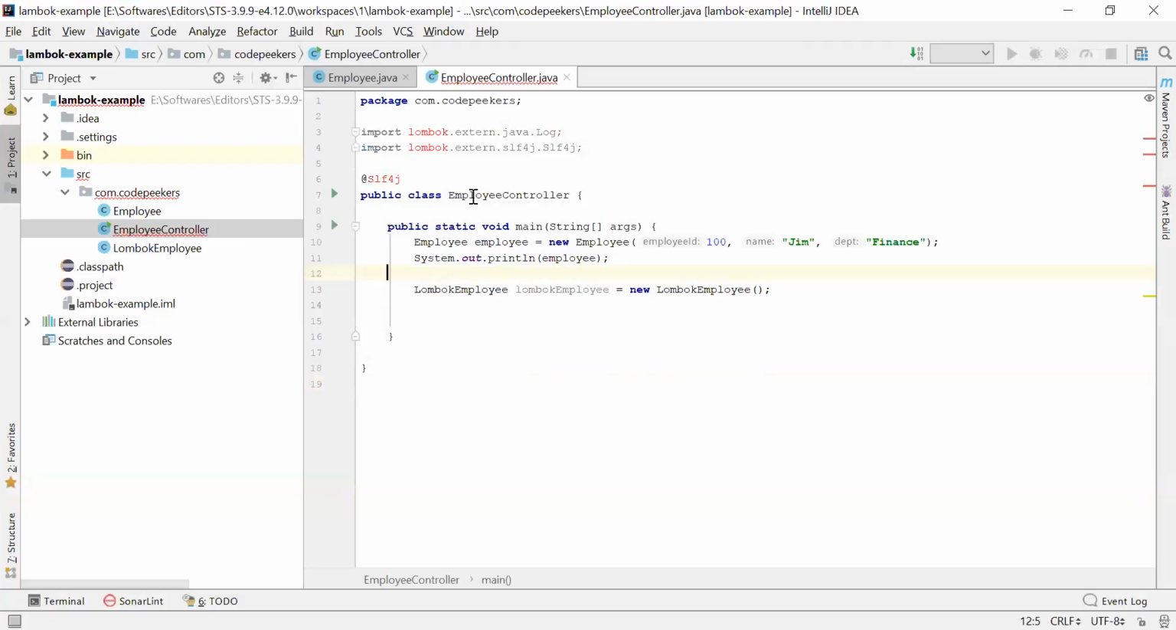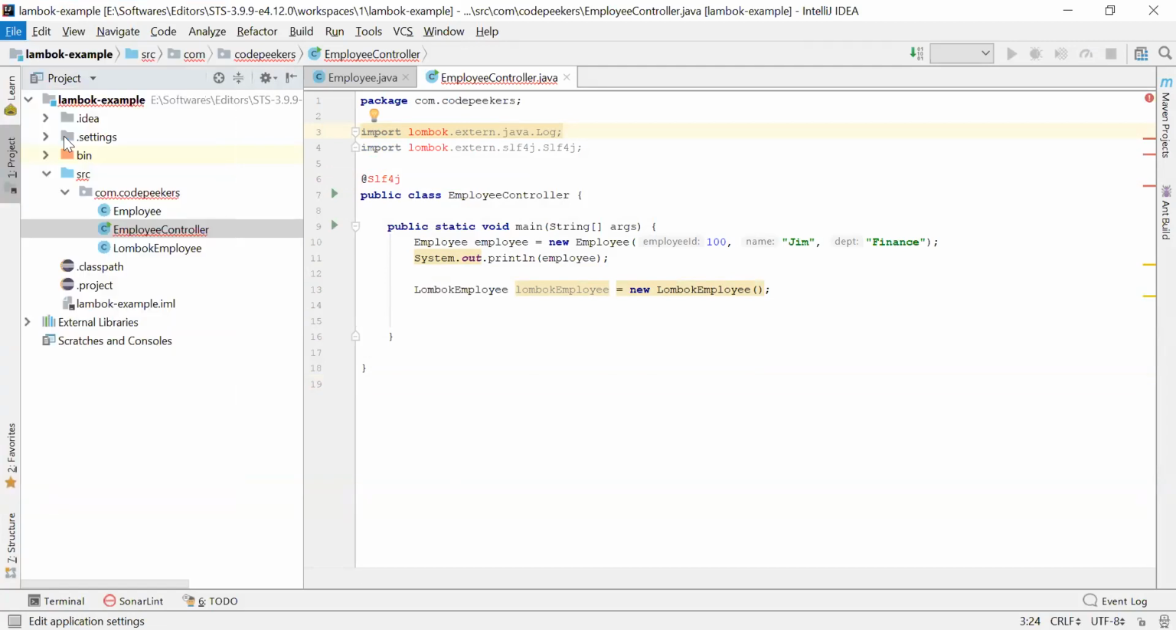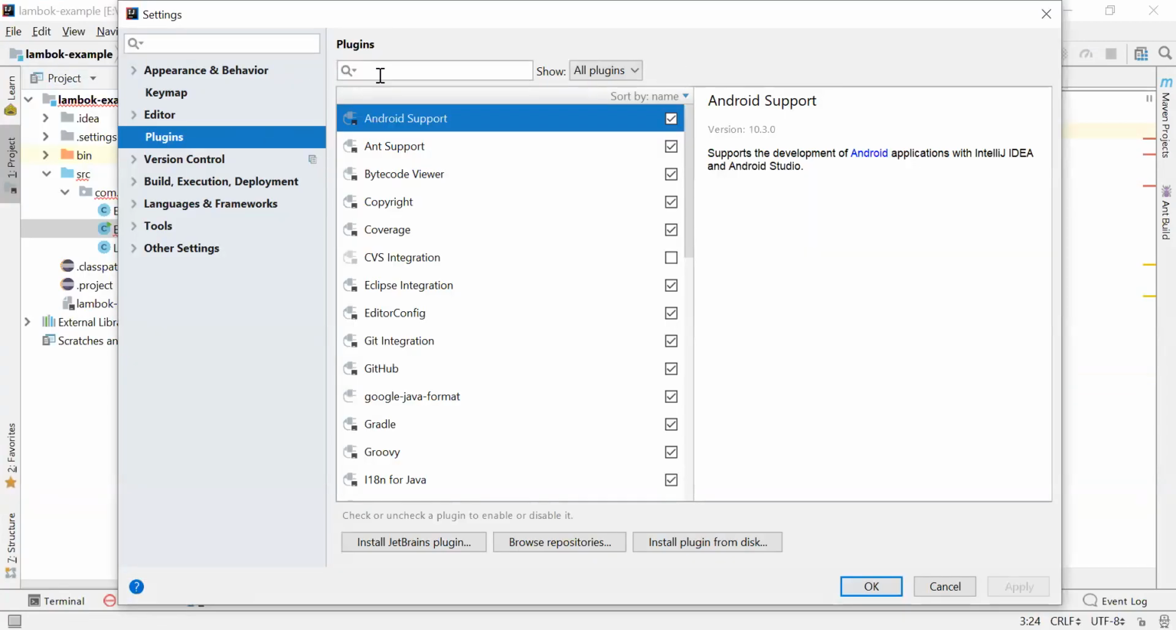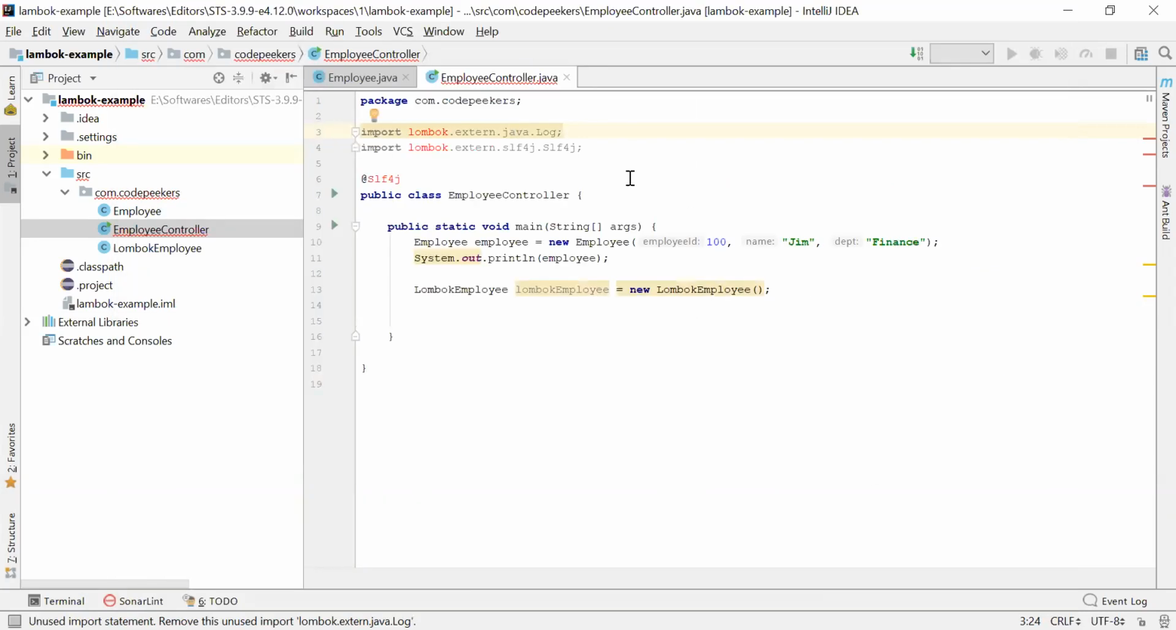This is the same project which I have. What I need to do here is go to settings, then go to plugins, and then search for Lombok. In my case, I have already installed it, so it is there. You need to select it and click install, and then it will ask you to restart. After you restart, everything is